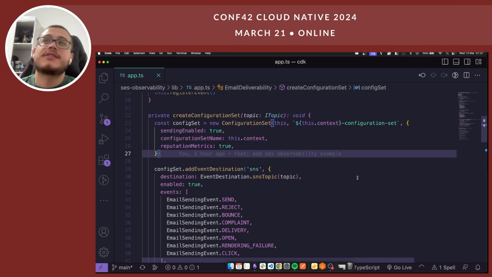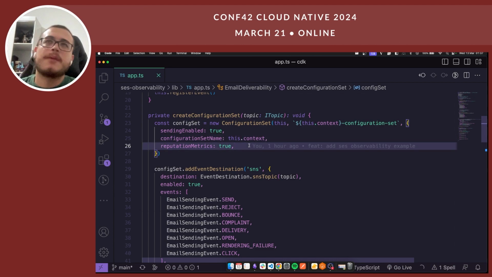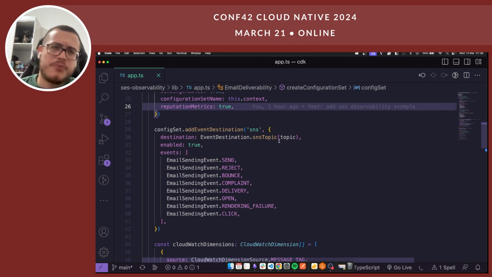The configuration set name is basically the context name. We are setting the reputation metrics because we are trying to know how many emails were sent and this kind of thing. So it's our objective here. We are trying to understand the reputation metrics, so we need to set this as true. And it's a pretty easy way